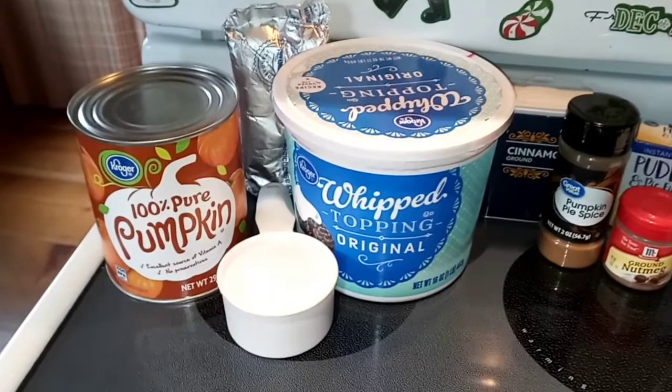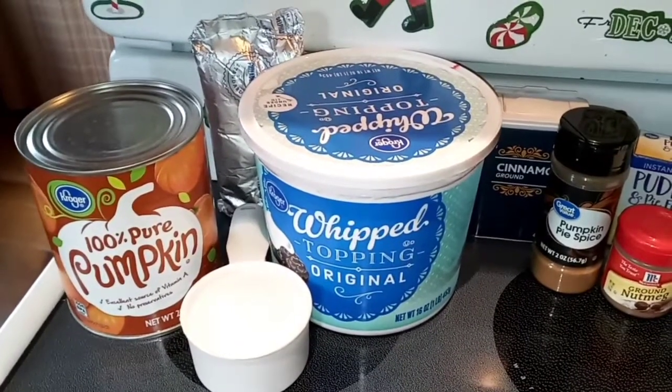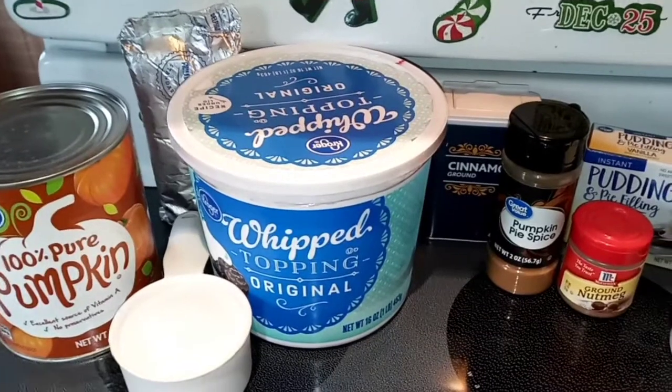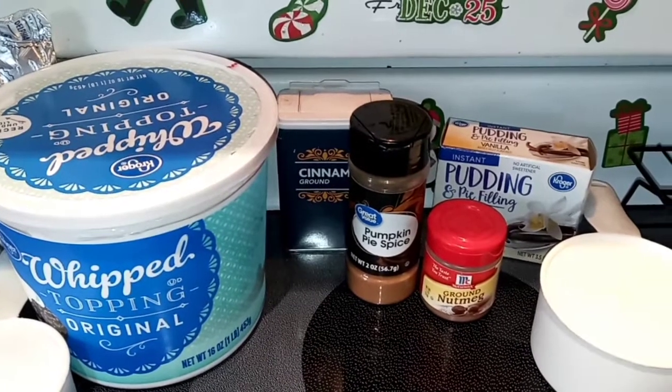Okay, let's start off with our ingredients. First you need 2 cups of pumpkin pie filling, a half a cup of sugar, 8 ounces of cream cheese, softened, 16 ounces of some kind of whipped topping, 1 tablespoon of cinnamon, 2 teaspoons of pumpkin pie spice,